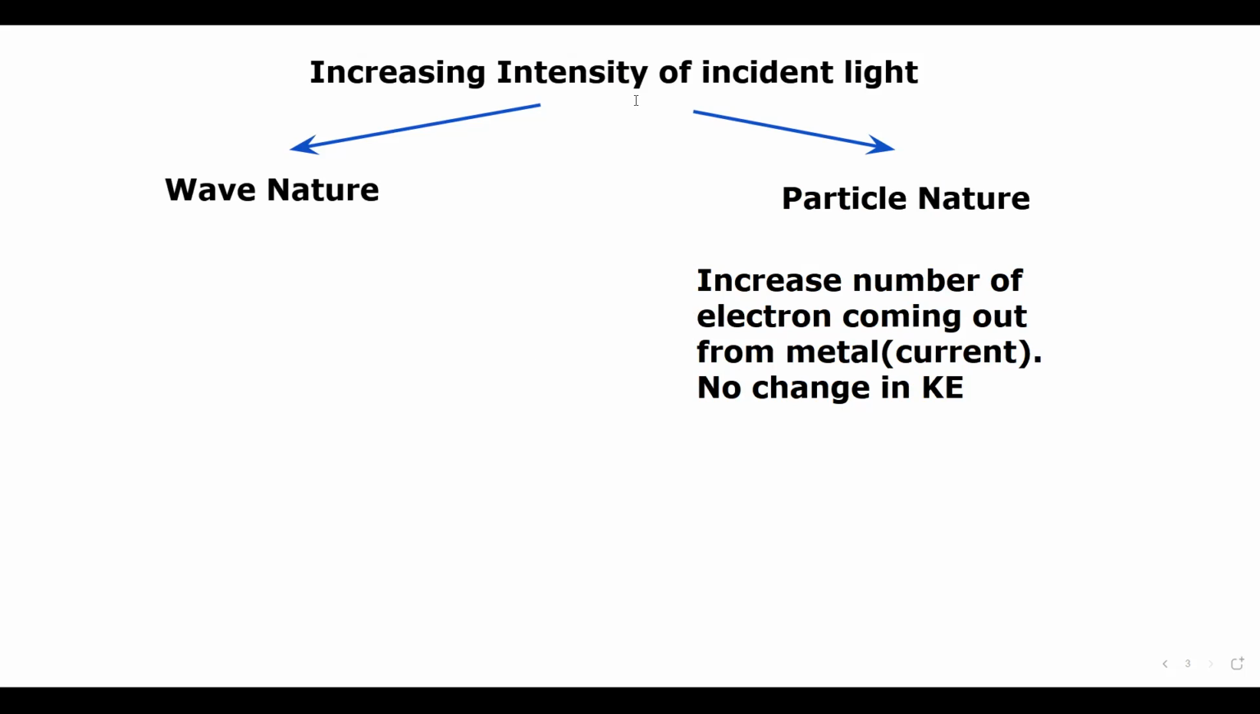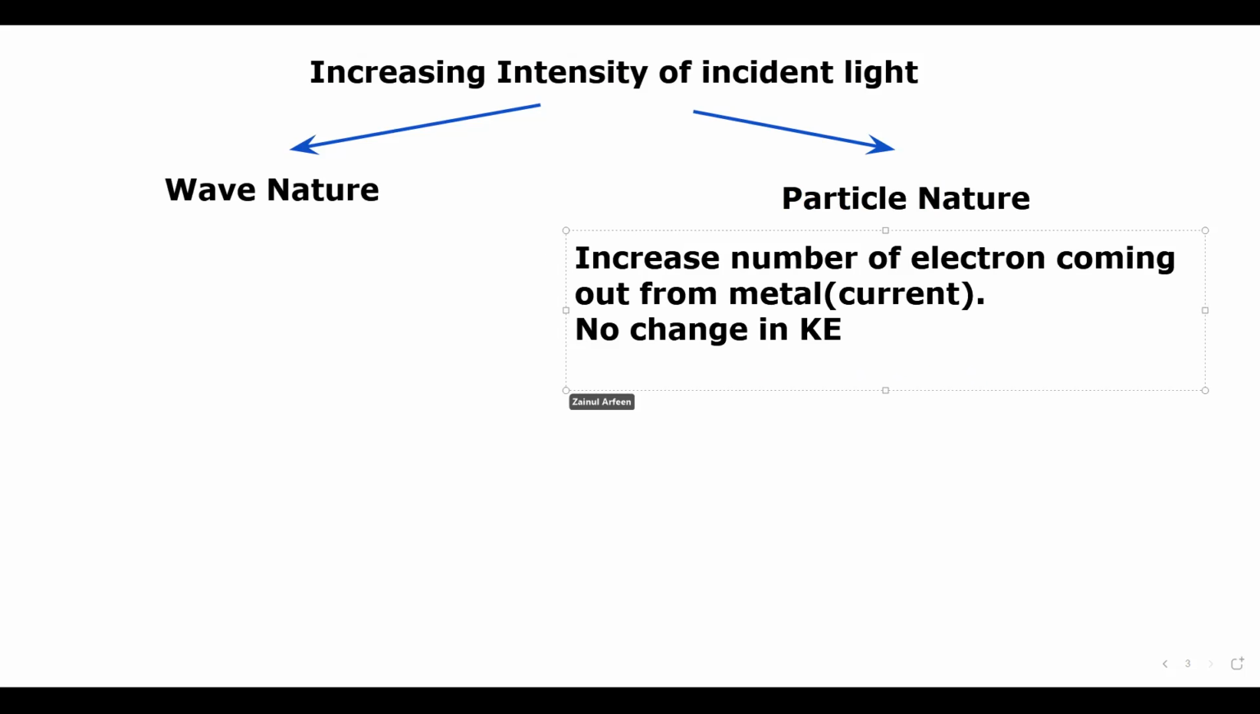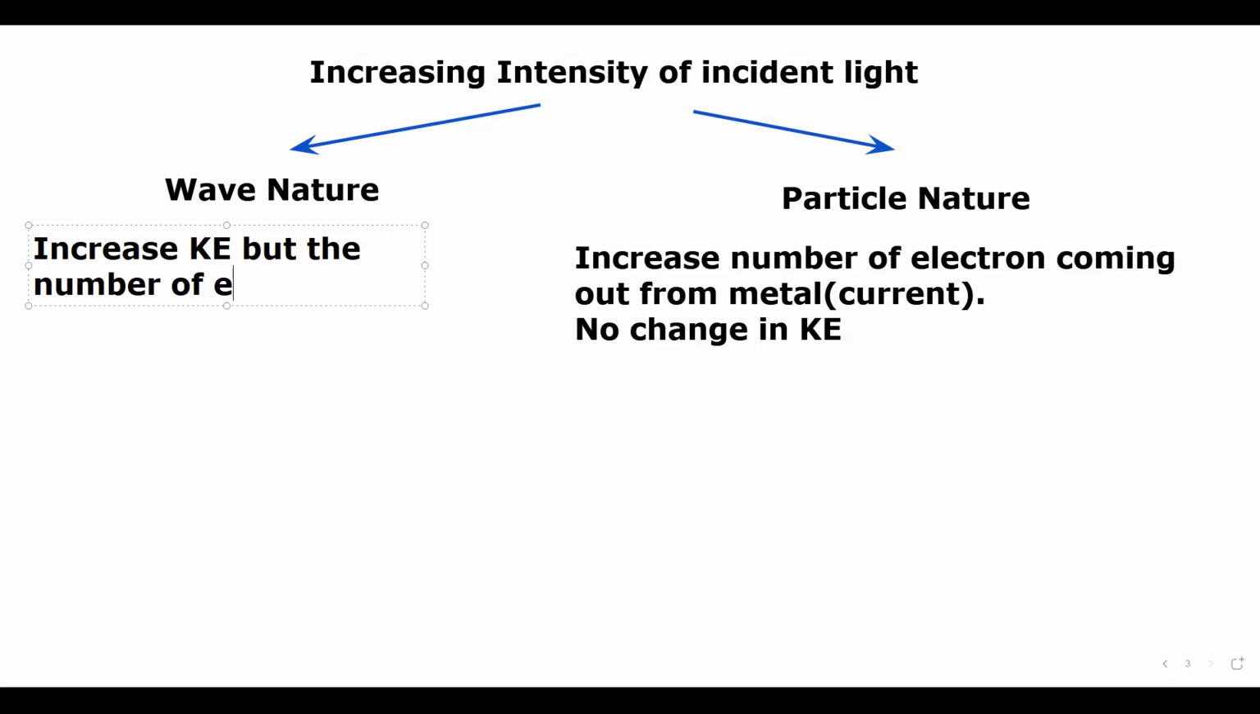But if the light has a wave nature to explain the photoelectric effect, then according to wave nature, if we increase the intensity, it should increase the kinetic energy, because intensity means how much energy is coming on a unit area every second. So increasing the intensity means more energy according to wave nature. It should increase the kinetic energy, but the number of electrons should be the same